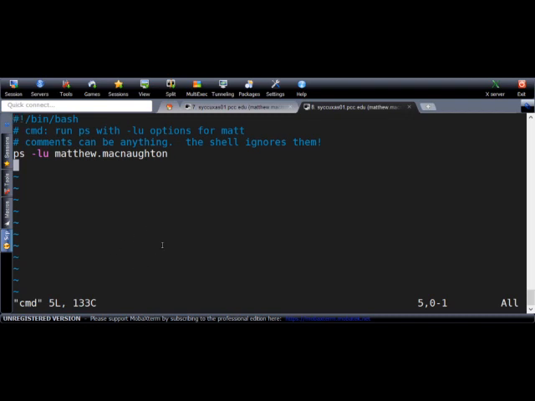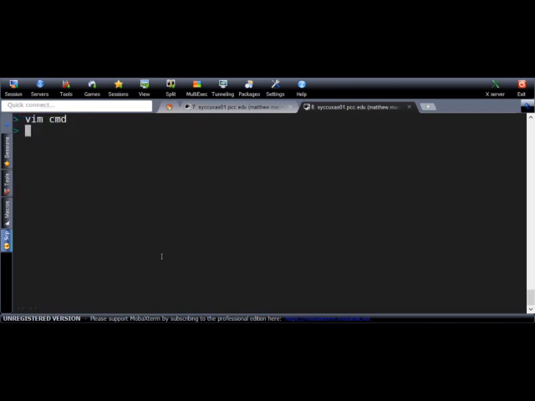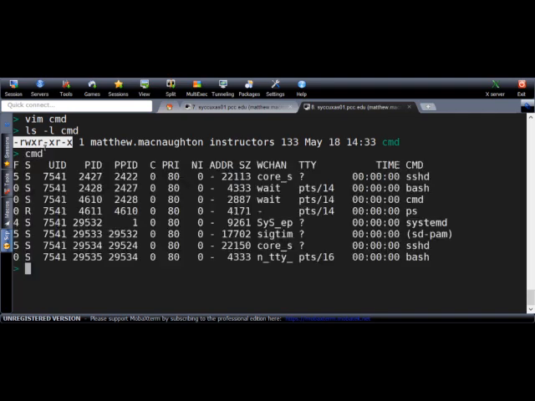So how do we run this? Let's take a look at how we run a script. First thing to note, if I look at the permissions mask on the file, I have to have execute permissions. So set execute permissions on the scripts that you write, and then to run them, type the name of the